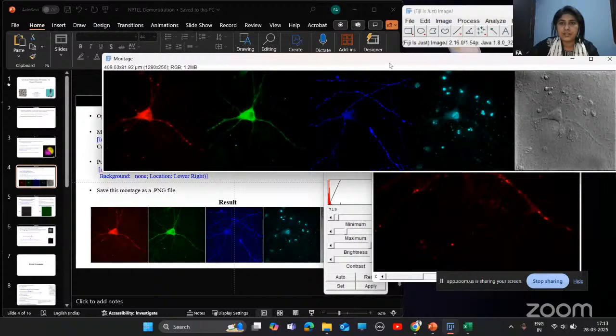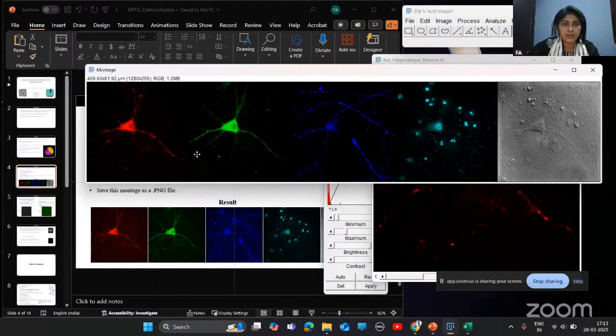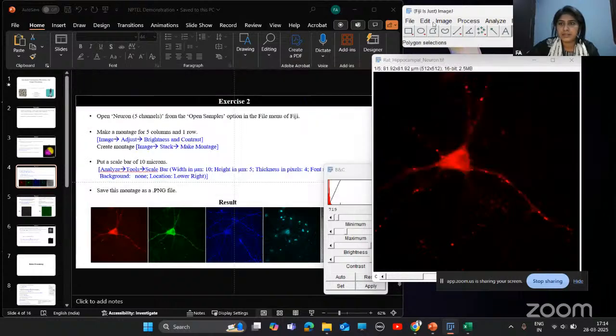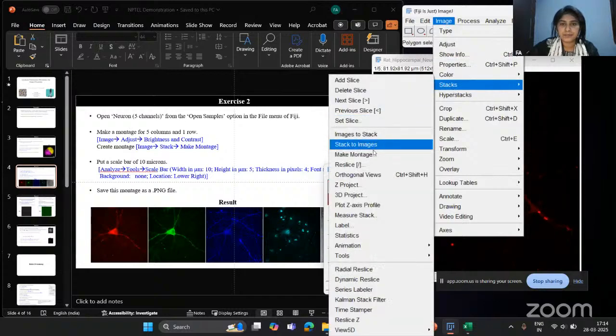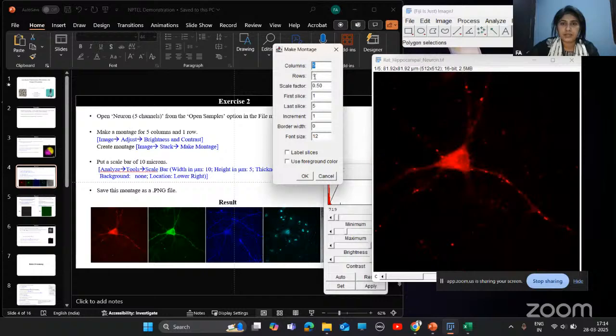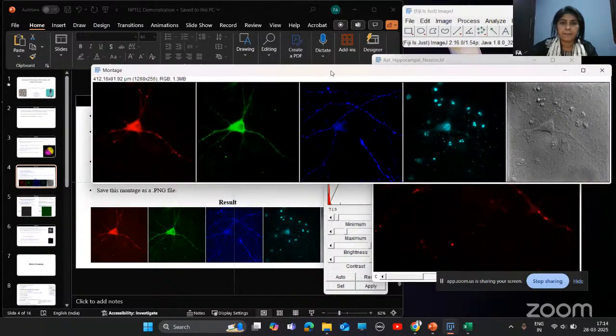Here you can see the montage has been created, but there is no line in between these images. So I'll repeat this. Image, Stacks, Make Montage, 5. Here we will give a border width of 2. Okay, now it's perfect.